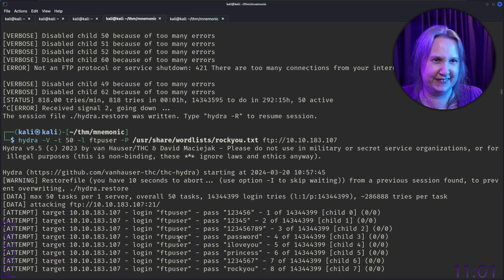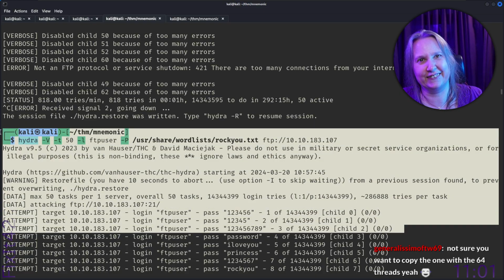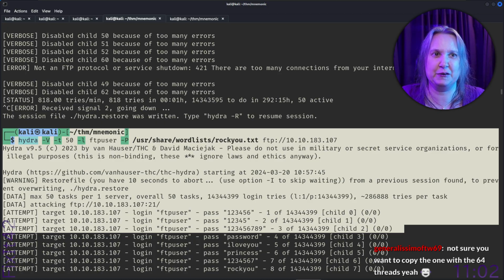No, it wasn't. You want to copy the one with the 64 threads, yeah. Also, we didn't have the big V, so it's a wrong one because of that. So we want the capital V, so we get all this output.